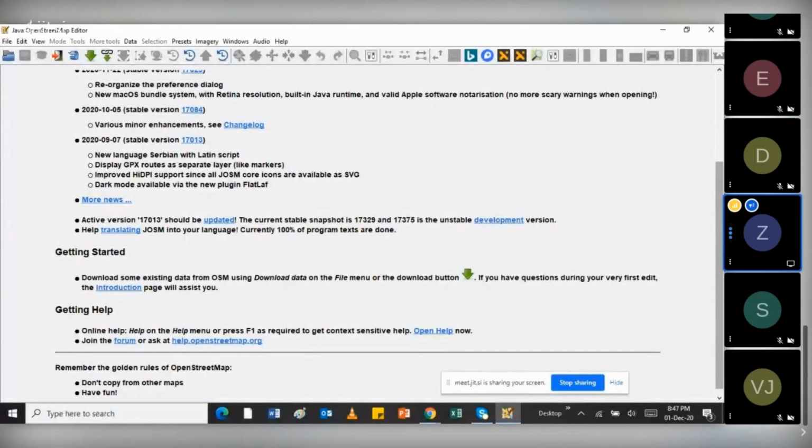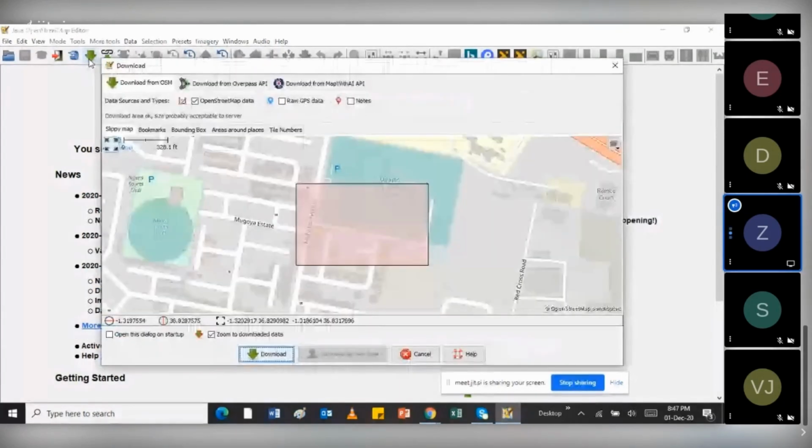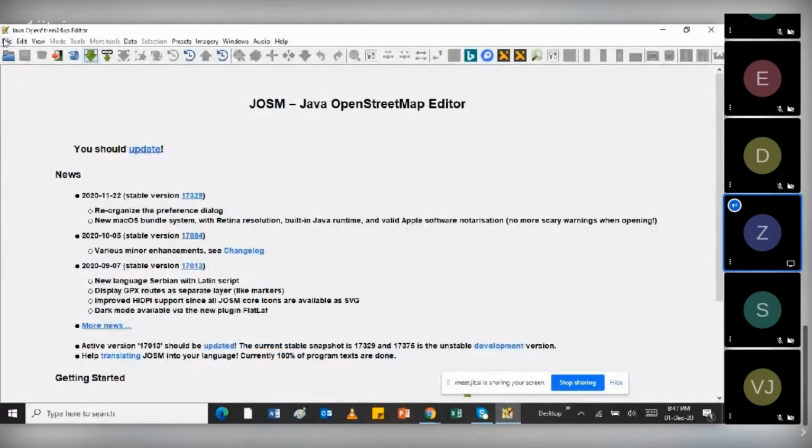If you have a specific area that you are interested in mapping, just come to file, and then click on download.